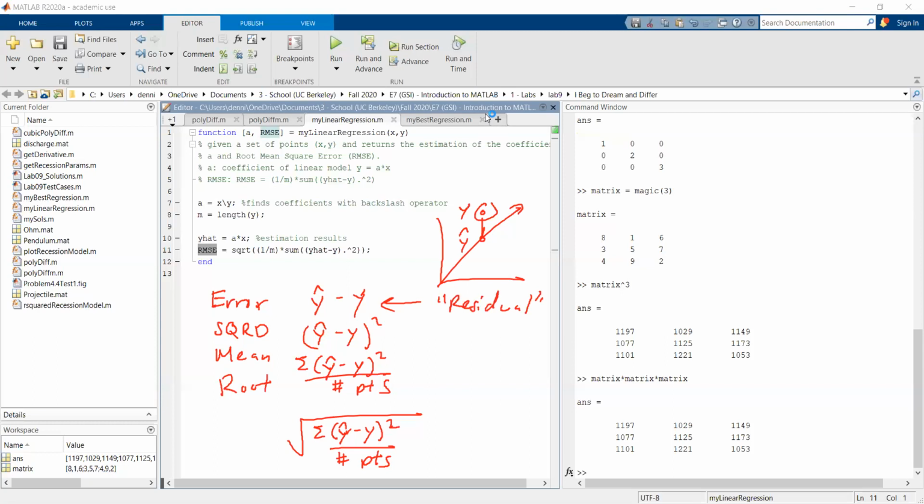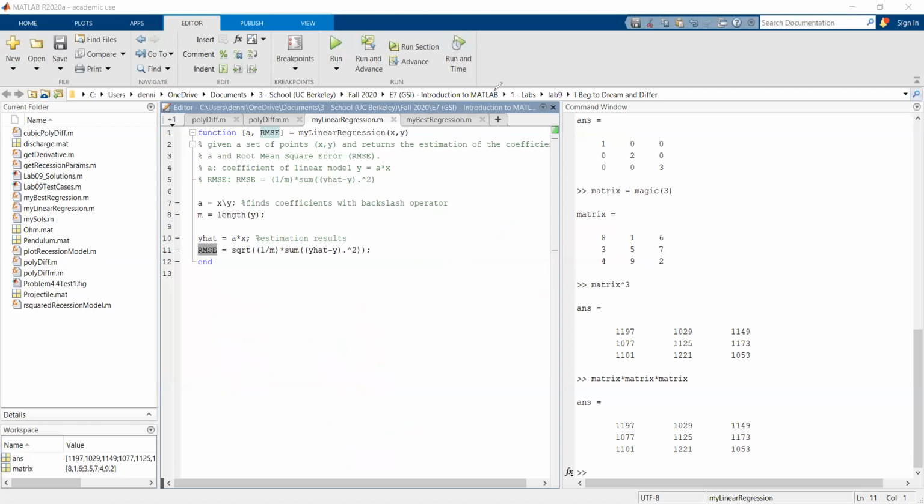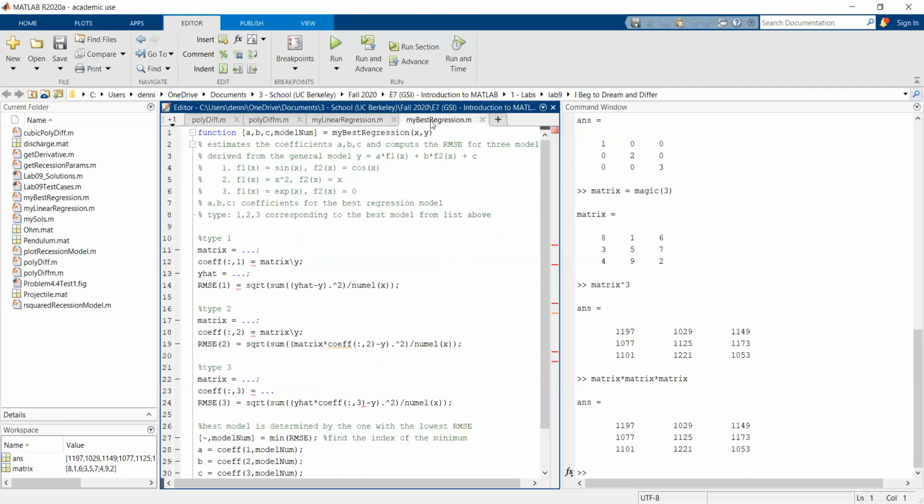Clear again, 3, 2, 1. Stop annotating, and then my best regression. Last one. This is a more general version of my linear regression. You should be able to take 3 different, not linear, models. So you're going to want,